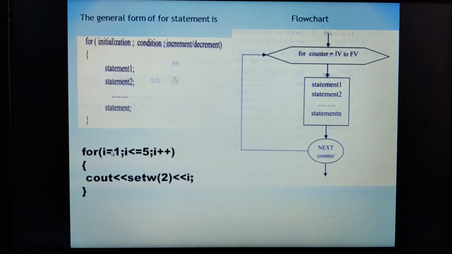Say for an example, here I is equal to 1. Okay, this is fine. Next, how execution takes place: the very next, it comes to the condition. I is less than or equal to 5. What is the value of I? That is 1. 1 is less than or equal to 5. Yes, my condition is true. Since the condition is true, the control enters the loop and executes the true part of this for loop. That is, it first sets the width and then prints the value of this particular variable, that is I.